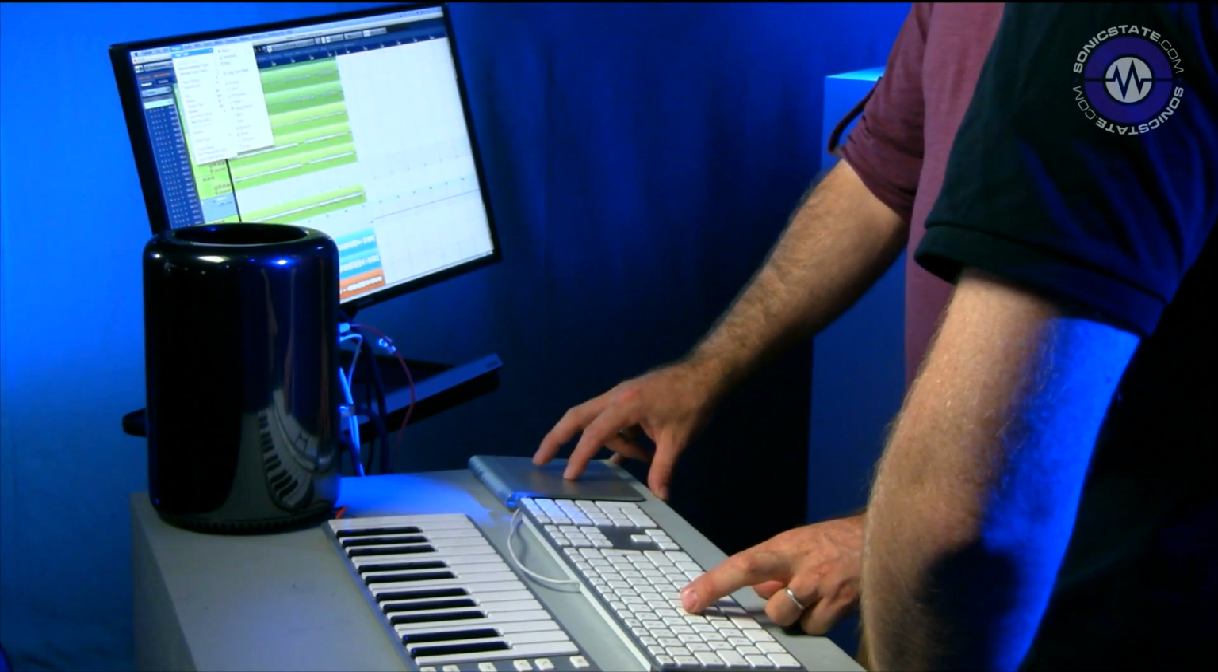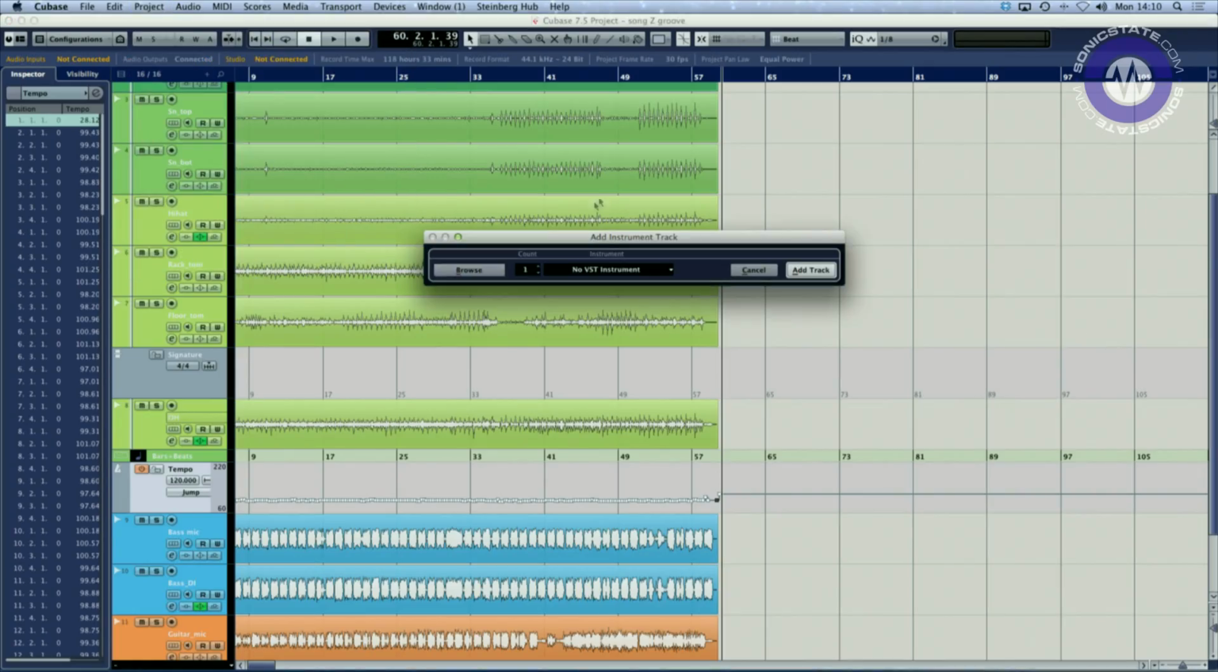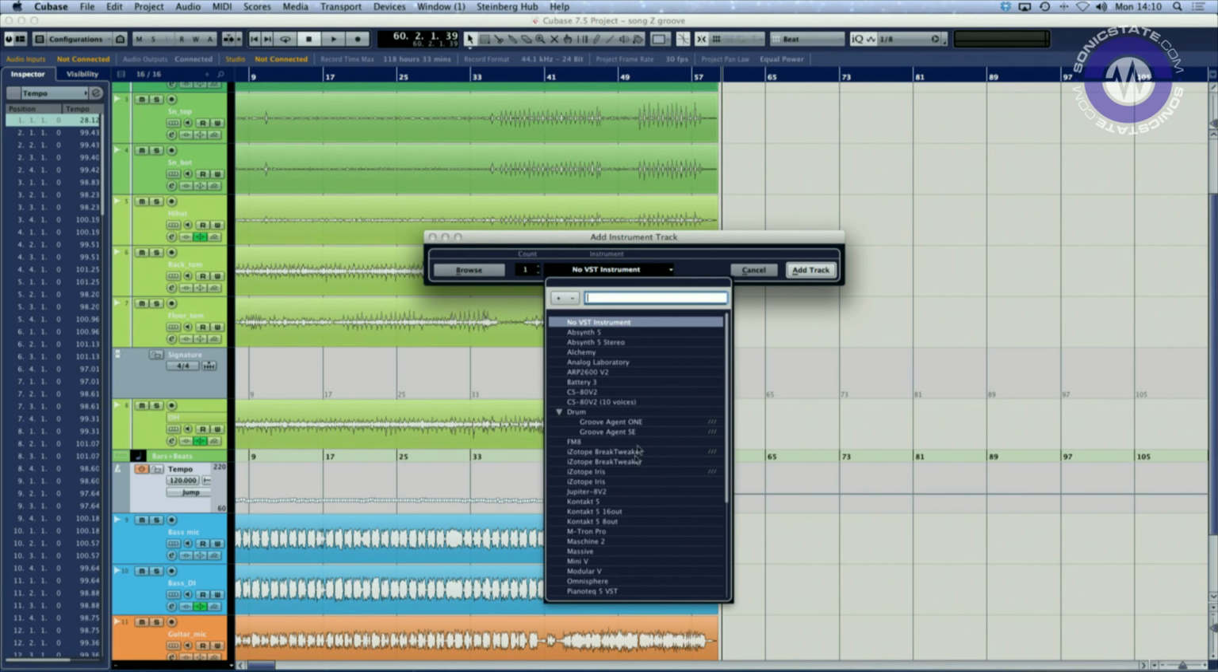Okay, so now in order to put this into practice, I think what we'll do is we'll get an instance of Groove Agent SE, which is the built-in drum sampler. Right. And we'll get it playing along, and then I think this is where we can see the power of it. Exactly, yeah. So I'm going to add an instrument track, and I'm going to add in a Groove Agent